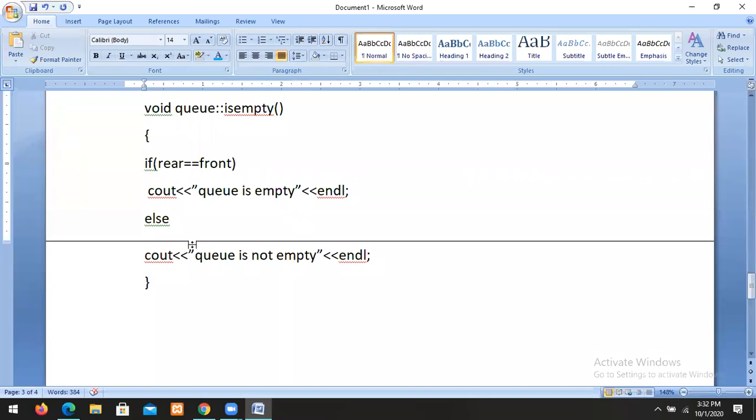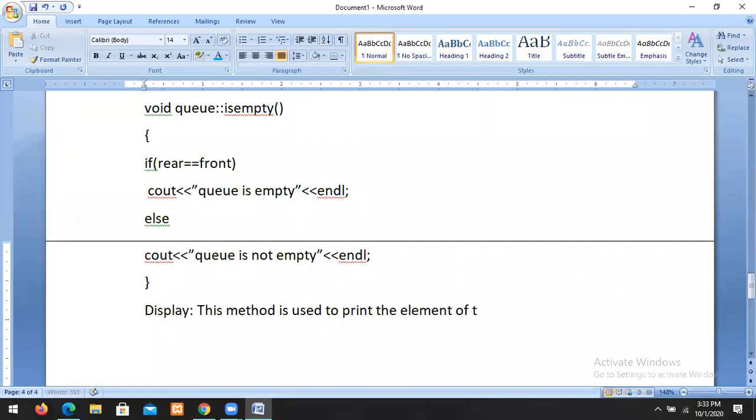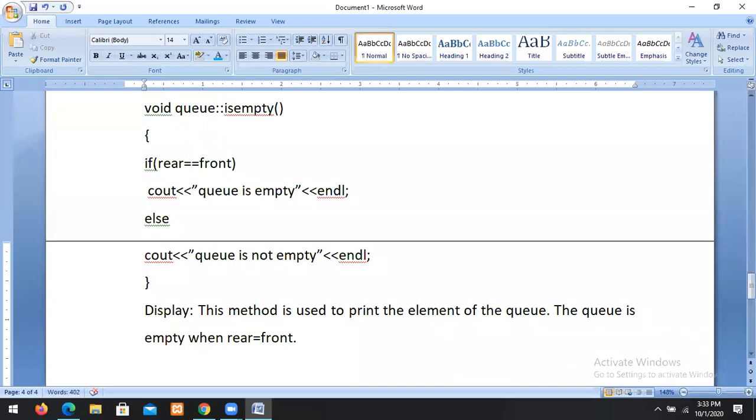This is the method. We have one more method, display.